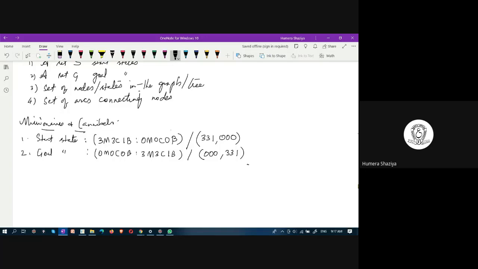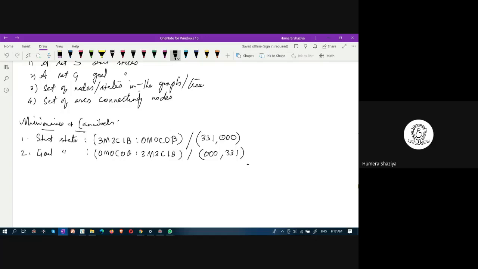Next, we need to understand that there might be some invalid states as well. When you try to come up with the solution states, there might be some invalid states, and those invalid states should not be used and should be avoided.